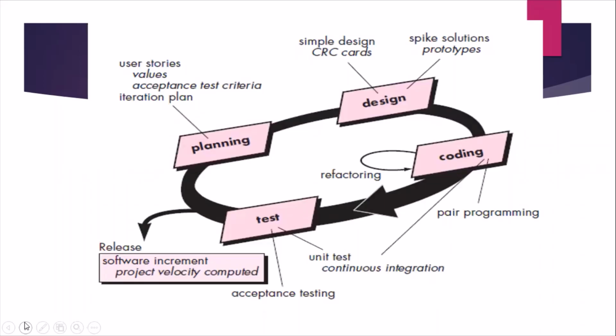This is the extreme programming life cycle. The life cycle starts from the planning phase. First will be the user stories. User stories means the requirements will be obtained from the customer like a story, and from that the project team